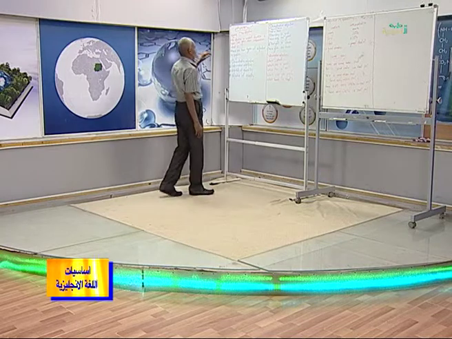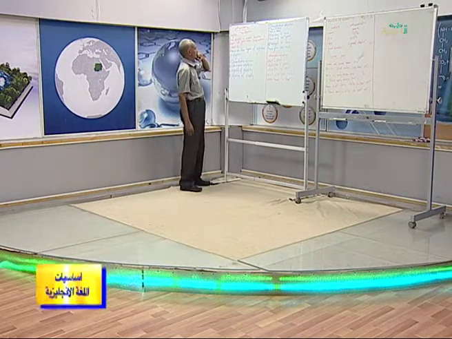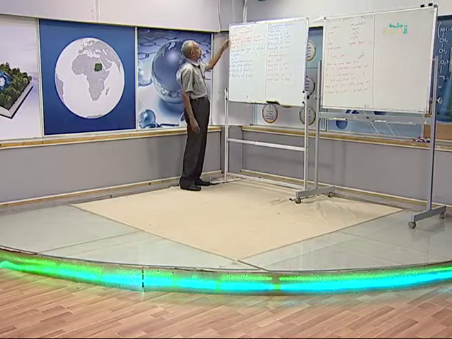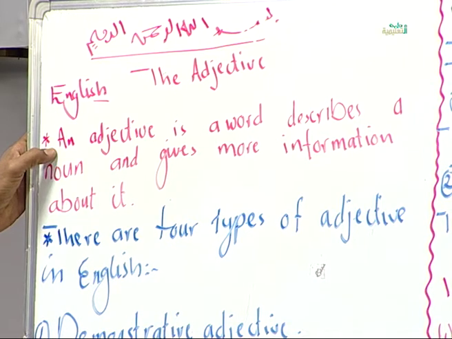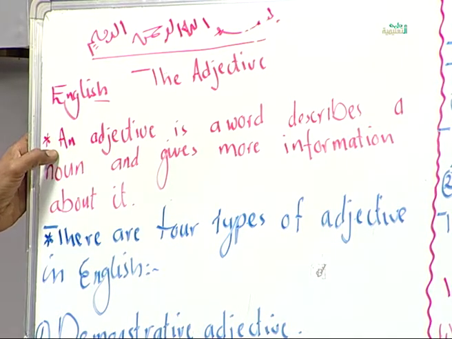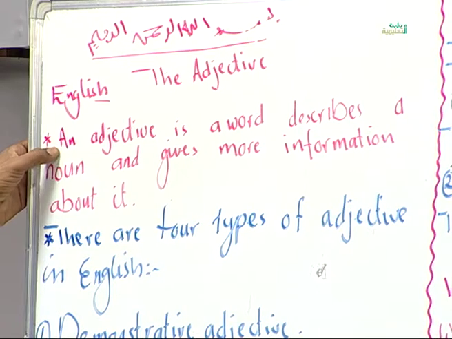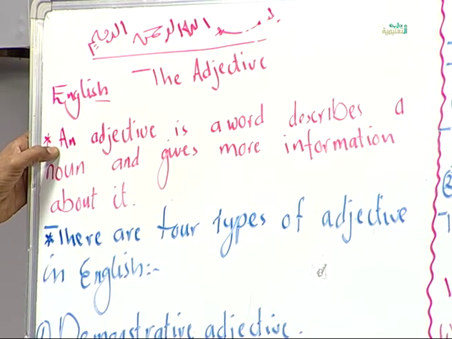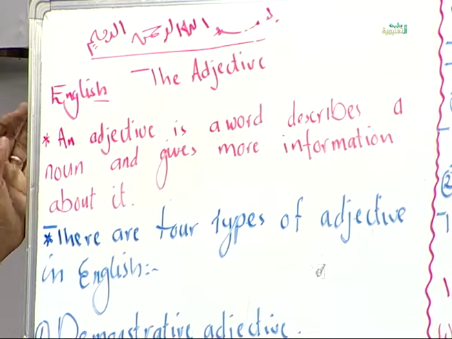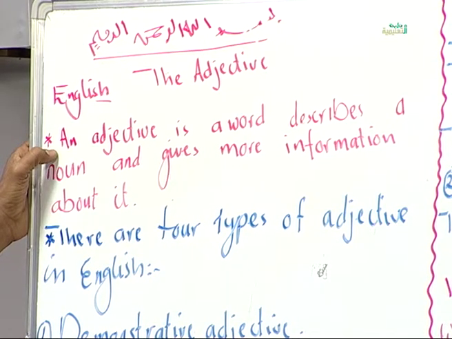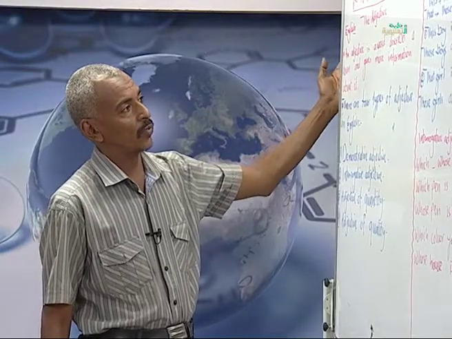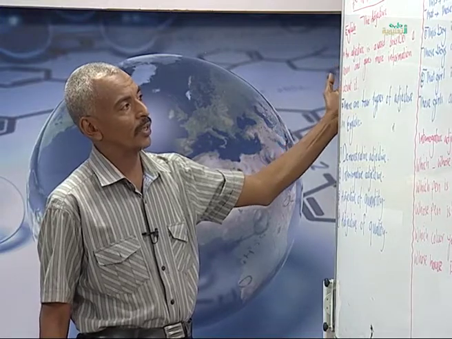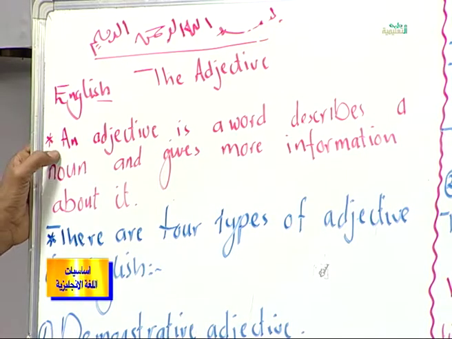Which is going to be the adjective. The adjective. The most important thing for me is to know what an adjective is. And as you know, from the beginning of our course, we made a definition for a sentence, and we said a sentence is a group of words that are arranged to give a full understanding, to give meaning.